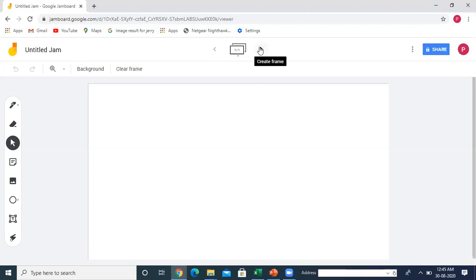Here we can create frames, meaning for different topics, I can keep them in different frames. You can observe here carefully. See, I am going to the second frame. This is my first frame. Once I go through the explanation, it will be very clear in front of everyone. So let us start from the beginning.